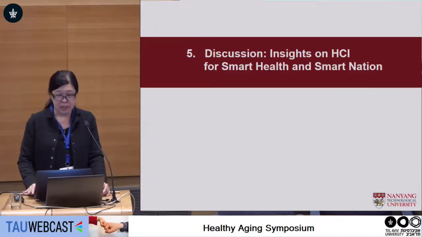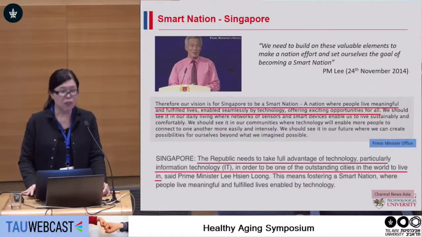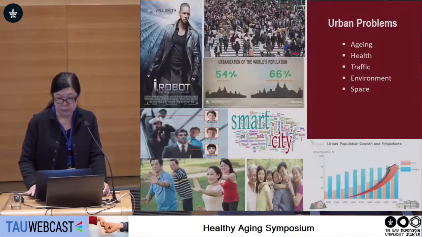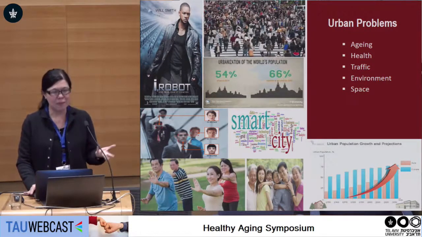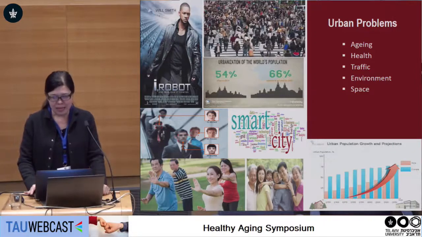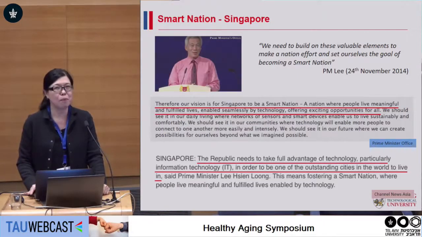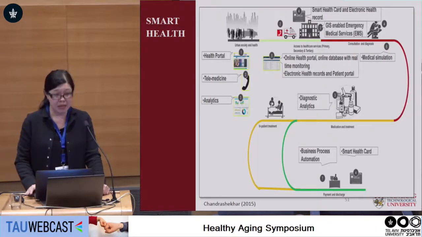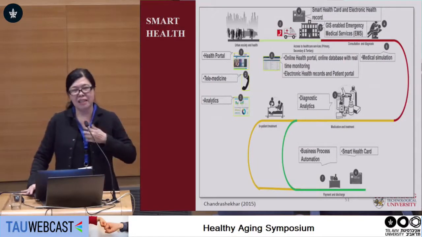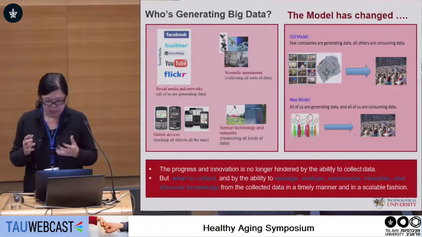Right? Okay. Yeah, and very quickly we'll talk about the urban problems. Aging is a big problem in urban cities like Singapore. And the Prime Minister has launched this initiative on Smart Nation. We are really looking into different aspects to make things smart. We talk about smart health, but here is where I would like to mention the caution.